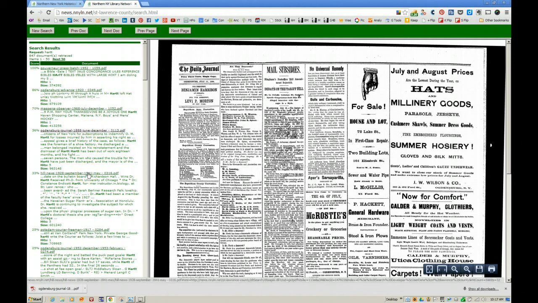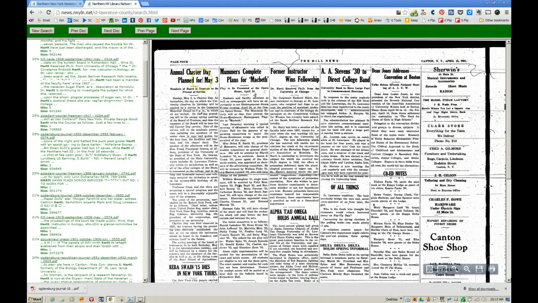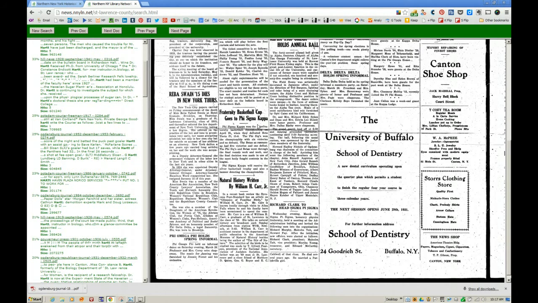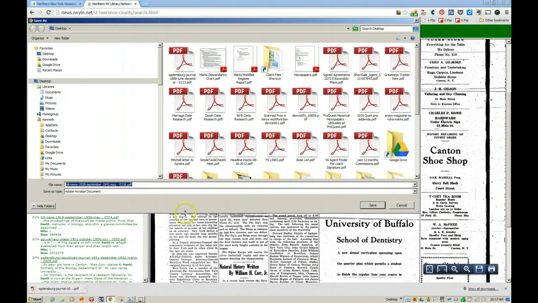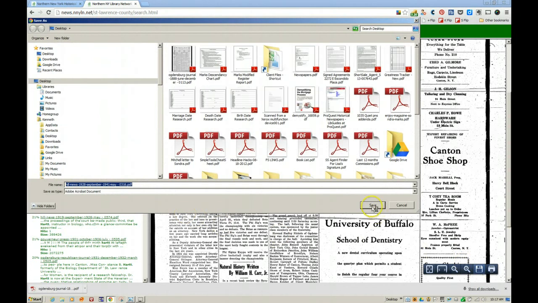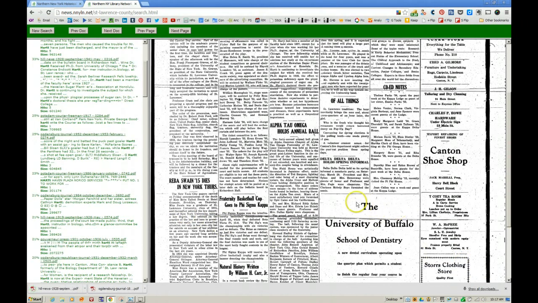If I wanted to go to the next document, which would be this one right here from 1941, I would just click that, and there's the Hills News, as you can see over here, and it goes right to the page that that article is on. But again, as I said, it does not highlight the article itself. So again, you would have to save this page and look for the article later.